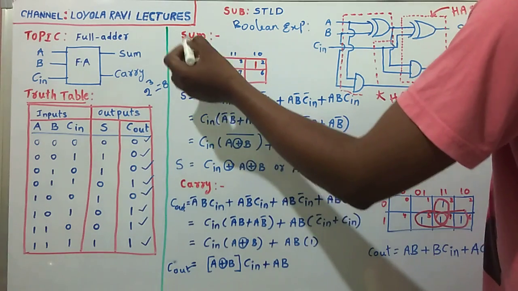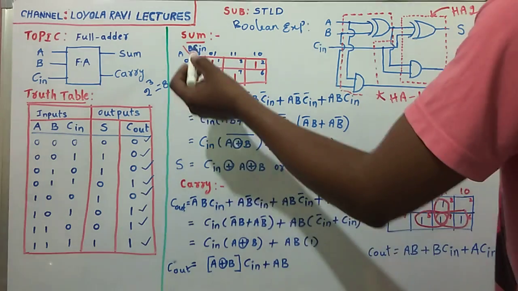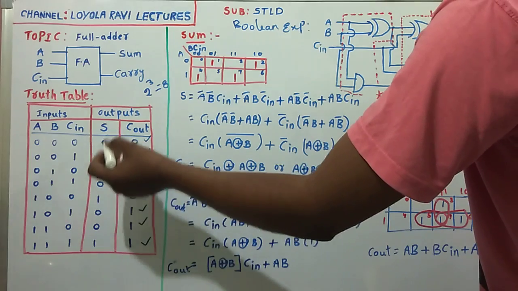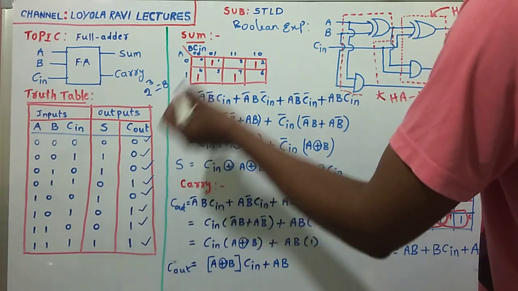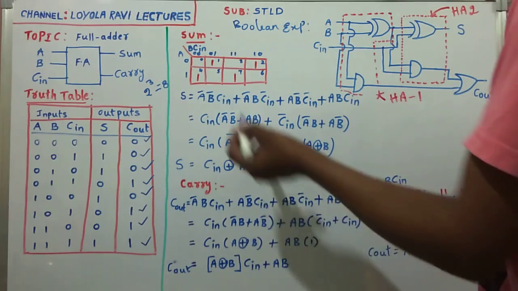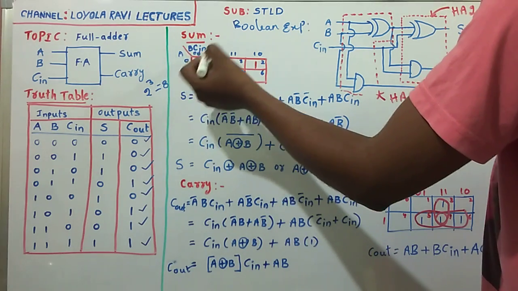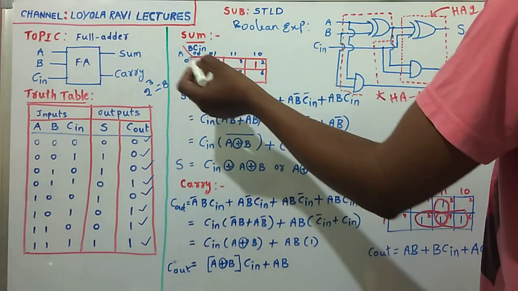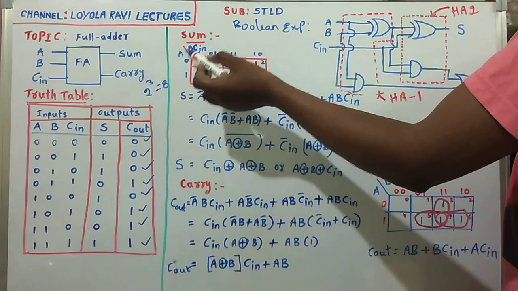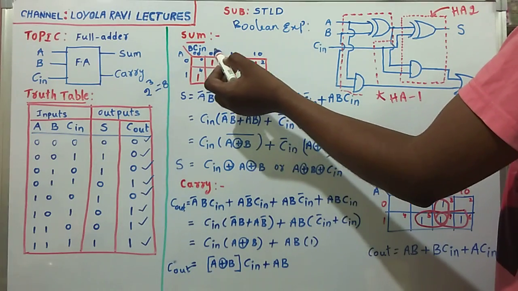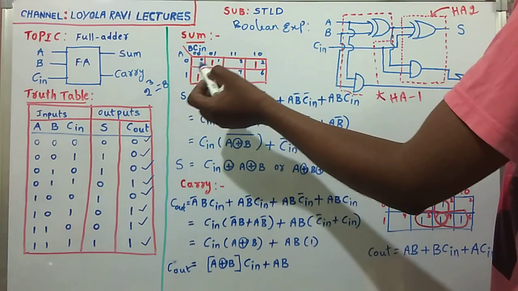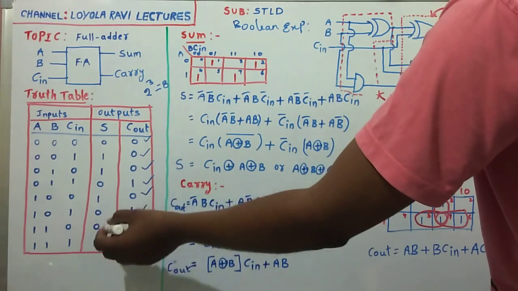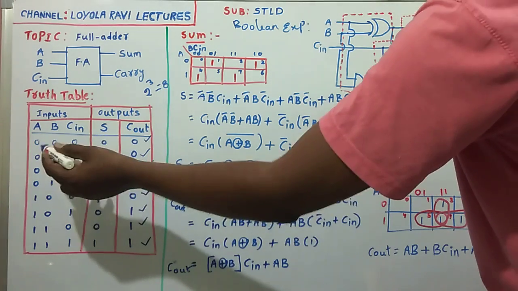Let us go to sum. Here we have two methods. Directly you may write the expression for the various combinations of outputs, otherwise by using a K-map we can also simplify. Here I am taking a K-map. We have 3 inputs, that's why I am taking a 3 variable K-map. We know the K-map simplification. A, B, C in inputs: 0 0 0 1 1 1 1 0 0 1. Sum is the output, and where we have high output, those corresponding inputs we have taken.